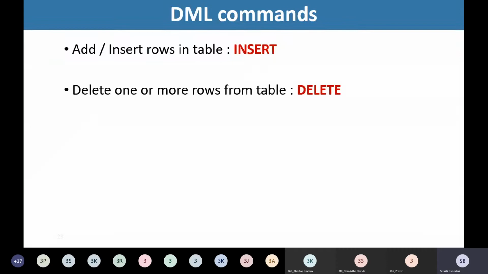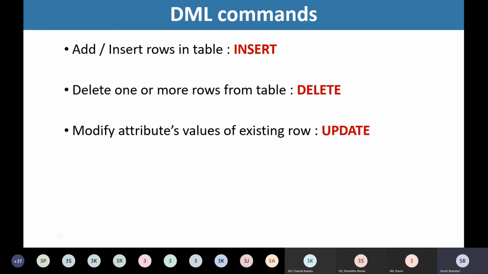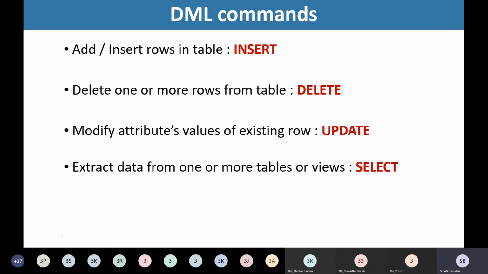This delete statement will help us to delete one or more rows from the table. Modify attribute. If we want to modify attribute values, we are making use of update statement. And if we want to extract the data from one or more tables or views, we are making use of select statement. Now please note here, delete and drop are different.